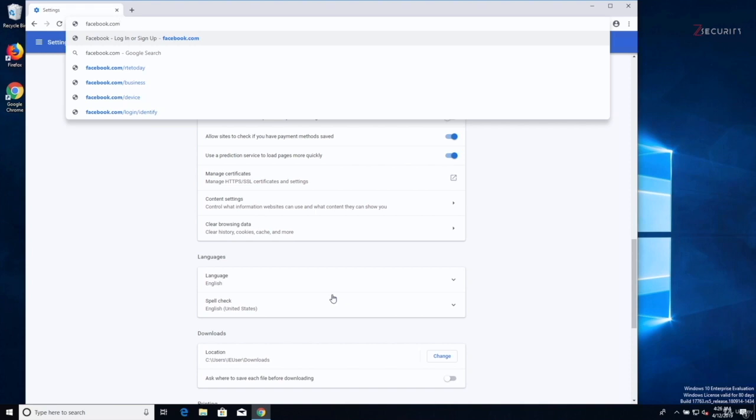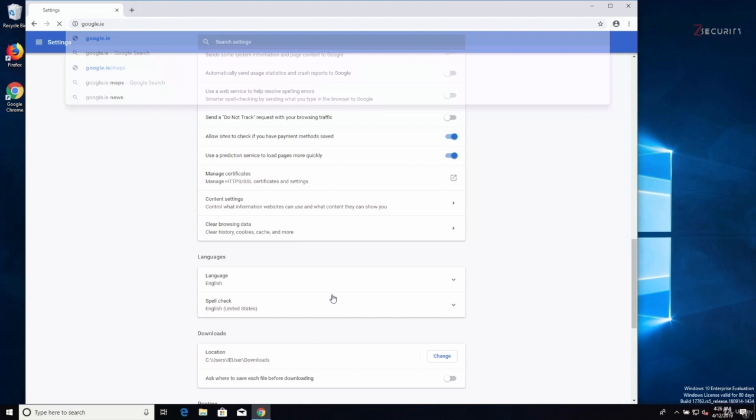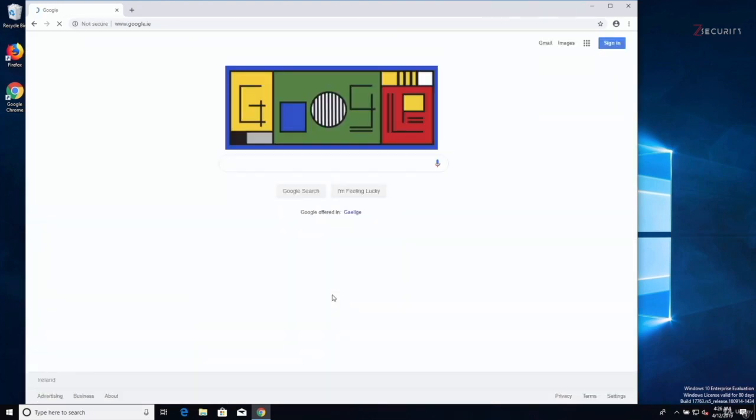The only way we can do this is if the user first goes to a search engine, for example, google.ie for Ireland. And then in Google, as you can see, Google doesn't use HSTS. So we bypass this using the normal HTTPS bypass. And then if the user in here searches for their target website, for example, Facebook,